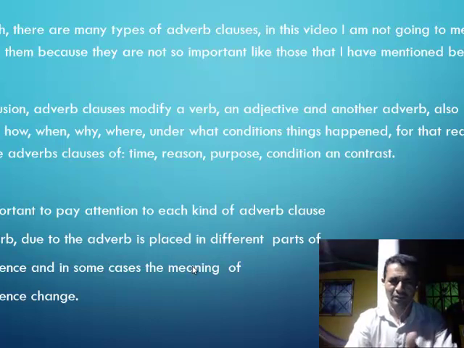You have to put the adverb before the subject. Seldom have I. Seldom do I. Even seldom do I do the homework. Something like that. Okay, now